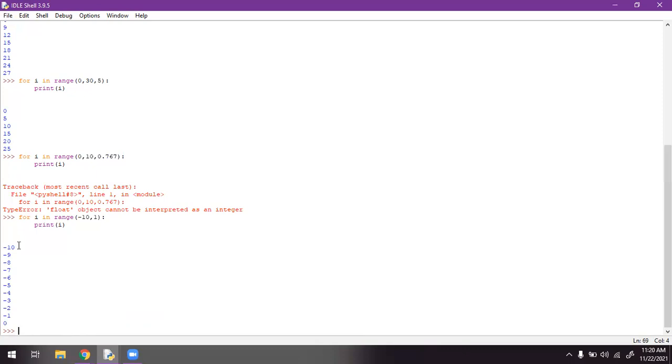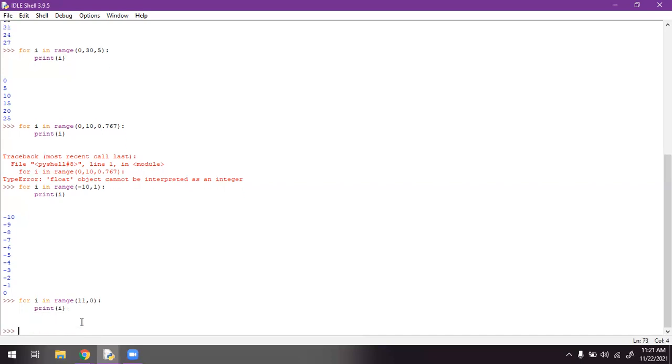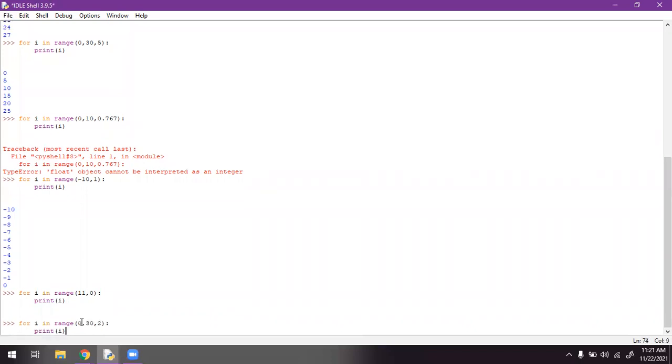Simply to say, minus 10 plus 1 now, so it is performing an addition operation. But I need the numbers from 11 to 1 in descending order. 11 to 0. If I take print, it will not execute. Why is it not executing? Let me see.